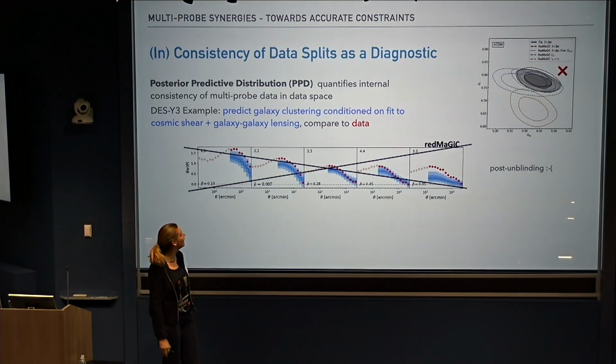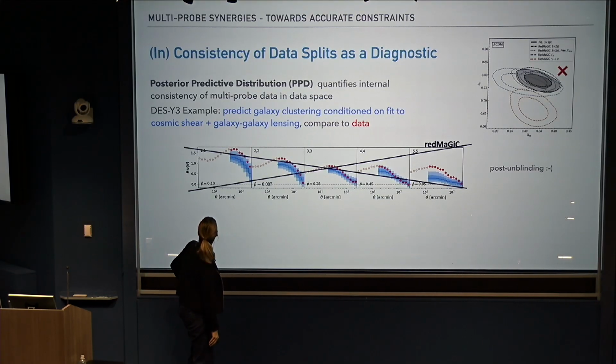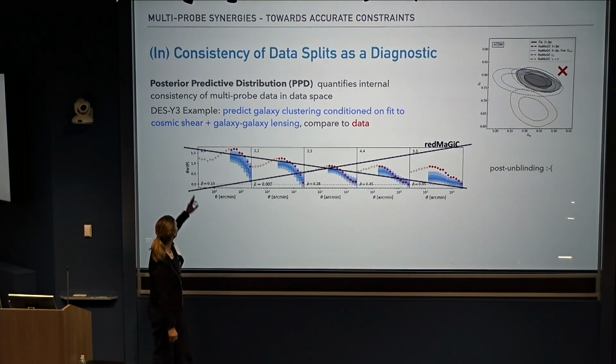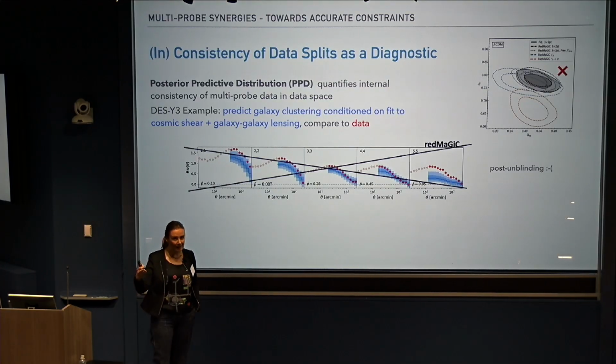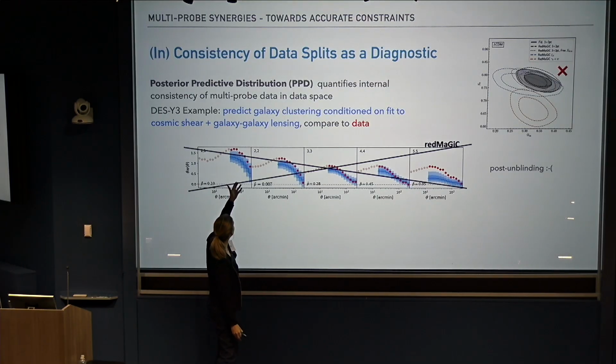So we've been using posterior predictive tests to compare different parts of the data in data space. What you see here is the prediction for galaxy clustering conditioned on galaxy-galaxy lensing and cosmic shear. So the model is fit to something that's linear in the galaxy density contrast, so that a lot of galaxy clustering systematics will average out. And you can see then that conditioned on cosmic shear and galaxy lensing,